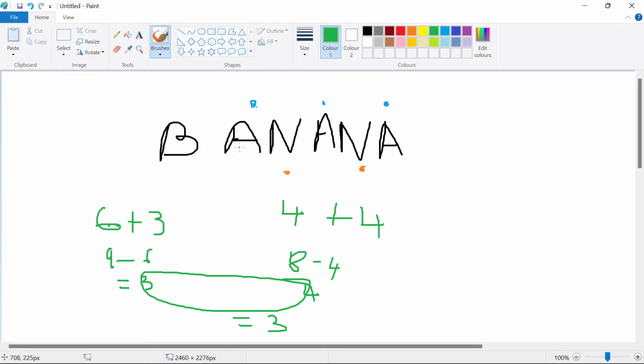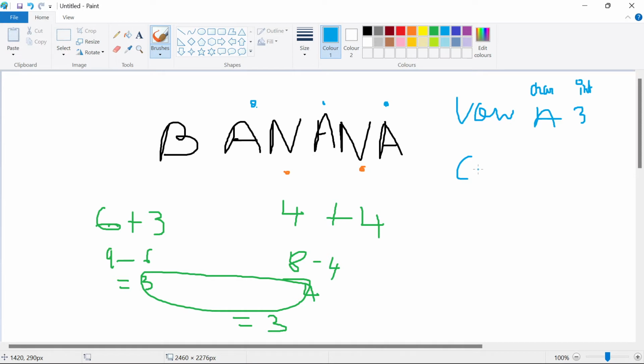Here I have the string banana. The ones in blue are the occurrences of vowels: 1, 2, 3. The occurrence of vowels is 3. I'm using a mapping from character to int, where A has 3.